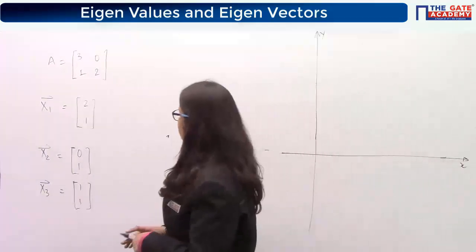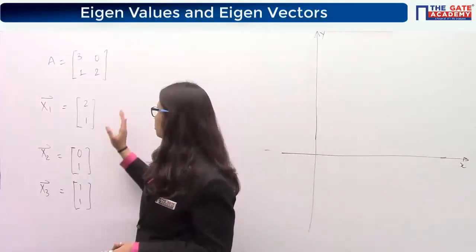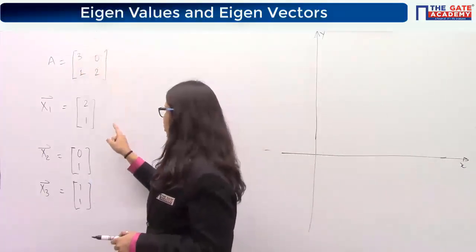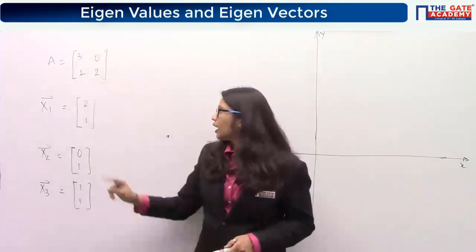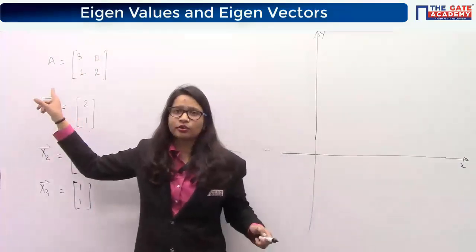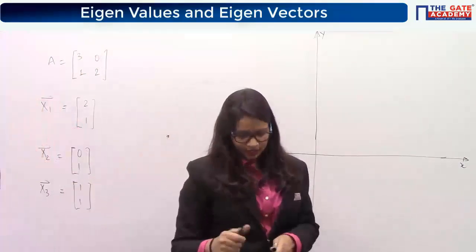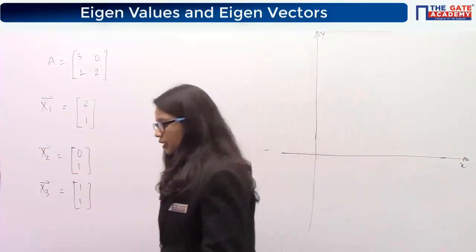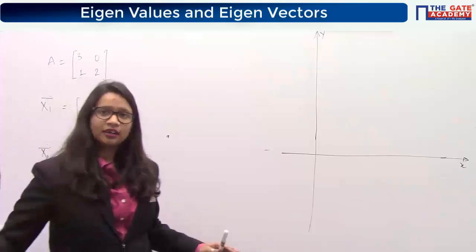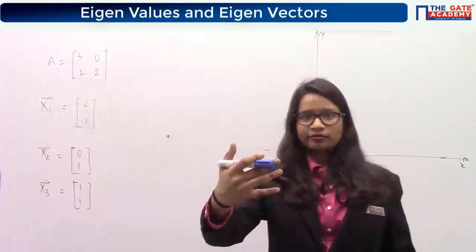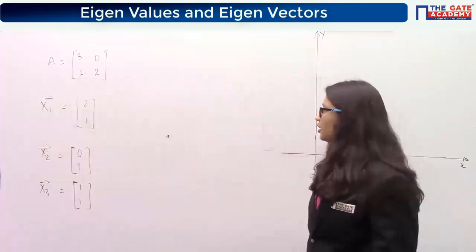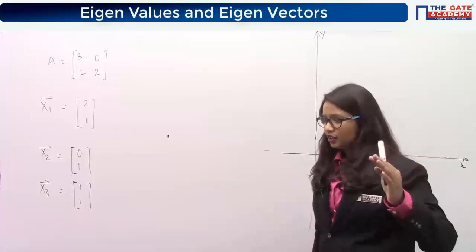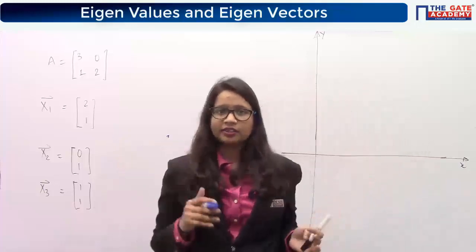Yes, so we have seen that if I write, I'm not talking about A right now, I'm just talking about x1, x2 and x3, and I have drawn this symbol also here which denotes vectors. So in the first class, we have seen that these are nothing but the vectors. Now you must be thinking that we haven't studied anything regarding these vectors. Ma'am has wasted a lot of time in the first lecture and just made us confused about why we are studying vectors and matrices.